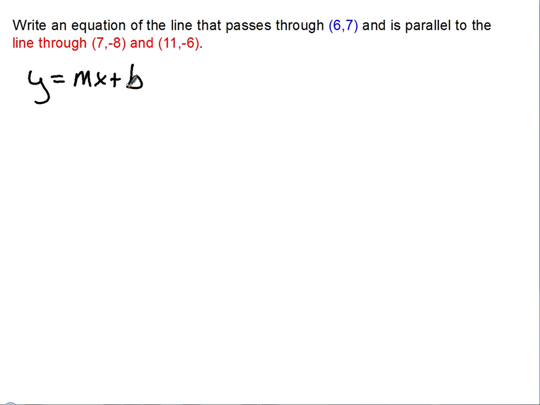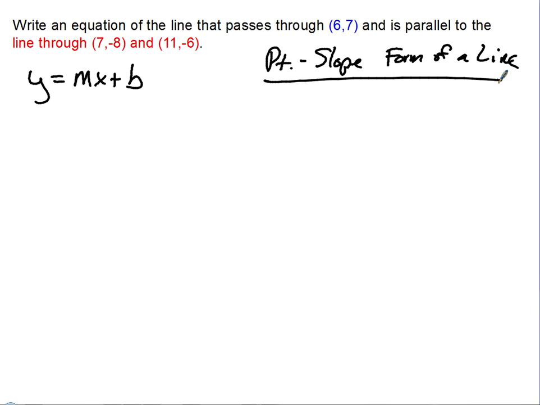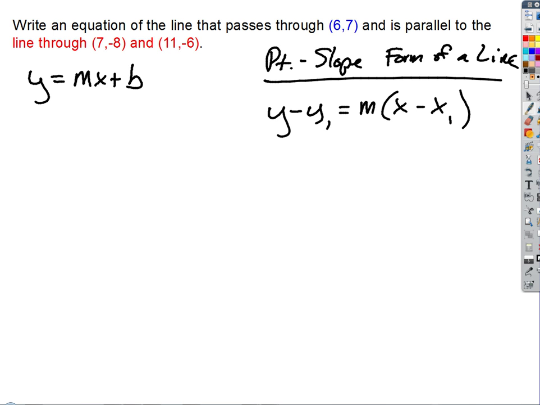Here's how we use this new form of a line called point-slope to do problems like this. But then I don't really care if you do it this way. You have to do it this way a couple times, but you don't have to do it this way very often. Point-slope form of a line looks like y minus y1 equals m times x minus x1, where m is the slope, of course, but the x1, y1, these are the coordinates